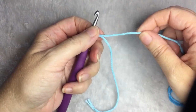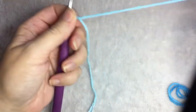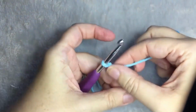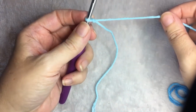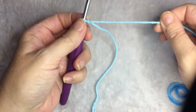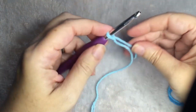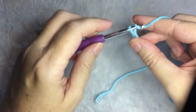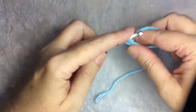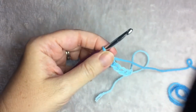Lion Brand 24/7 or Peaches and Cream is a little bit softer, and there are lots of other cotton yarns to try. For this pattern, you need an odd number. I chained 35. So let's get started with that. We'll pause, and when we come back,